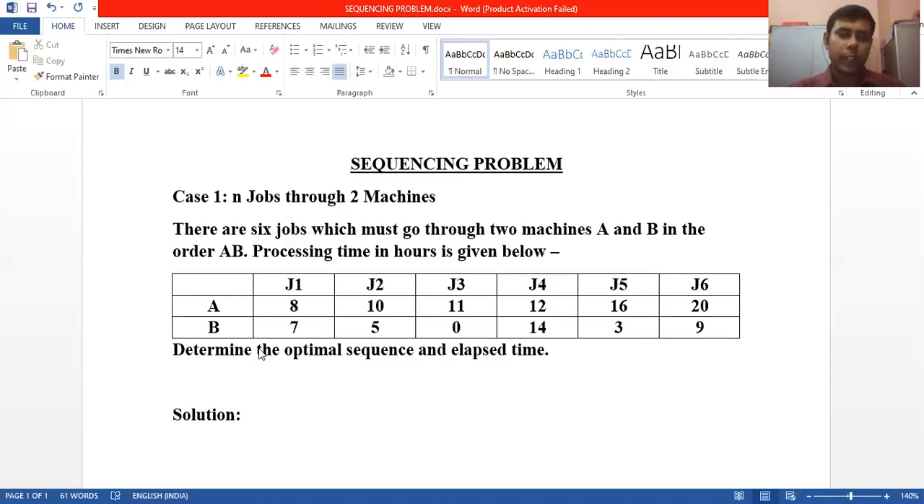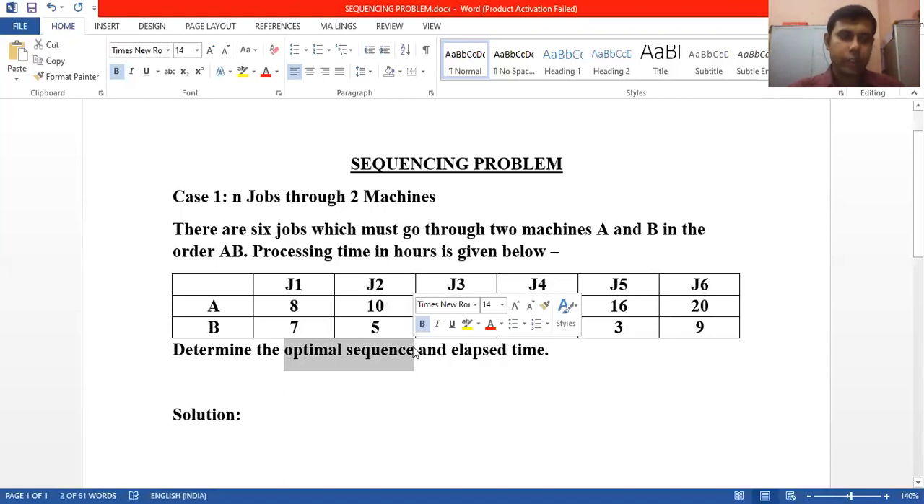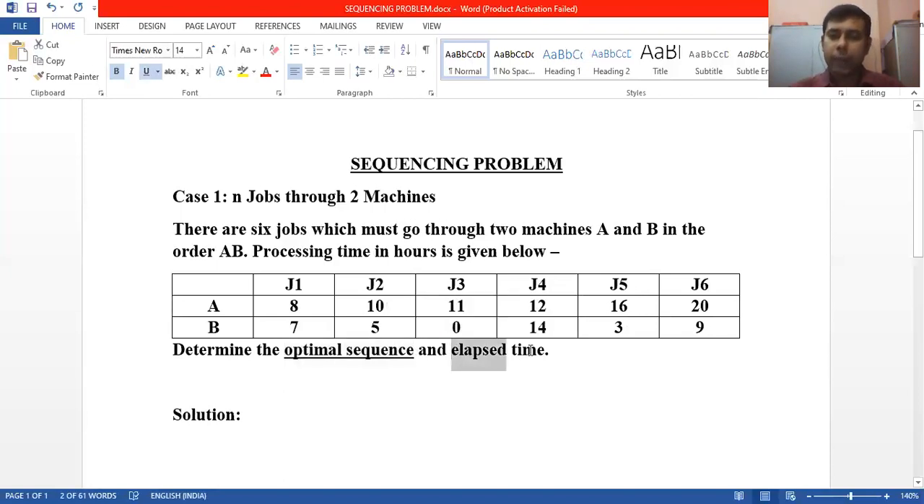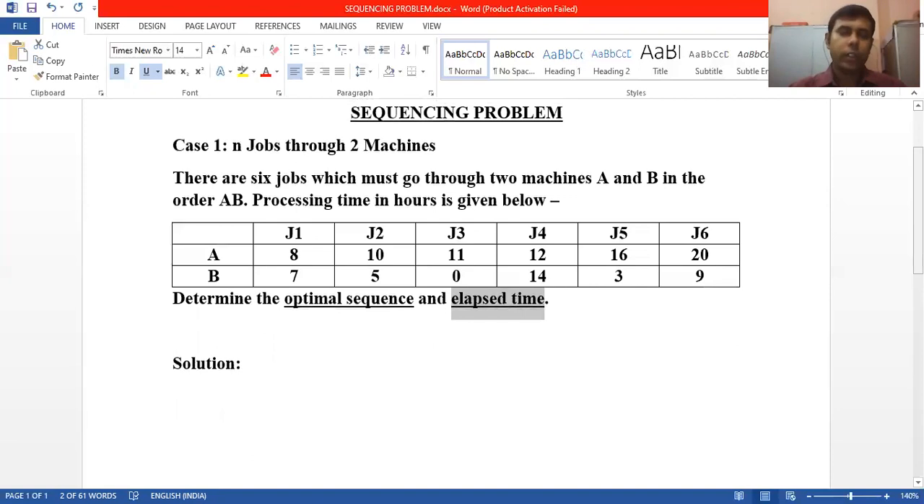Now, our job is to identify an optimal sequence and elapsed time. So there are 2 problems associated with this. One is identification of an optimal sequence. Secondly, the total elapsed time which a production manager requires at minimum. Fine. So we'll start with the algorithm